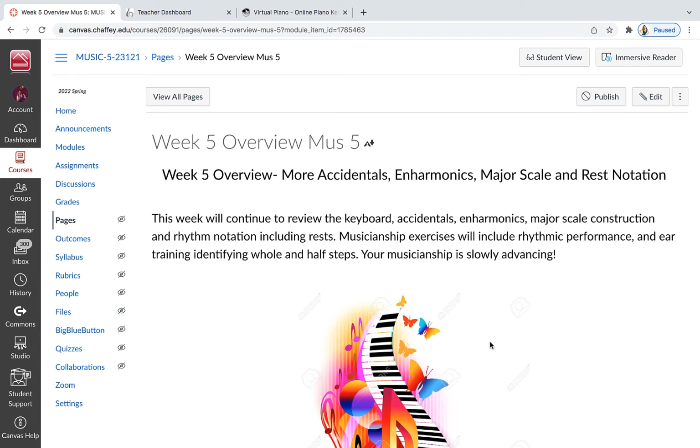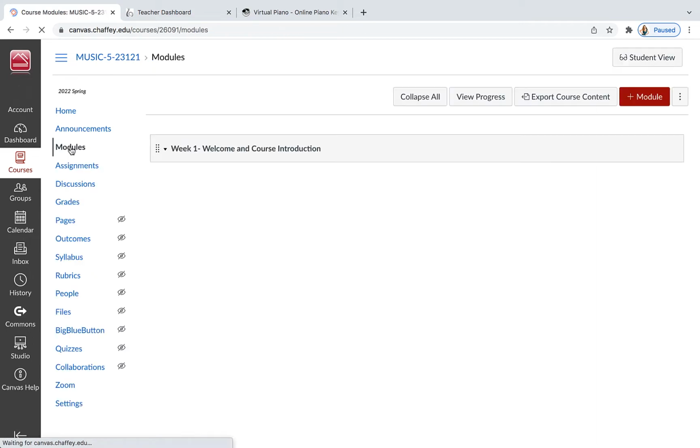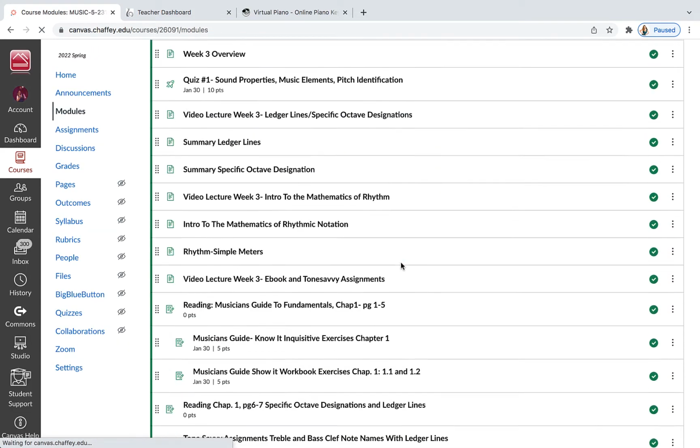And we are continuing on with taking all those things we learned last week about the accidentals and enharmonics, and we're going to take them into a new place, as well as introducing how we notate rests in music. This will be the first video, and then the second video will be how to do the various assignments. But let's go by way of review, and let's take a look at just some of the stuff we did